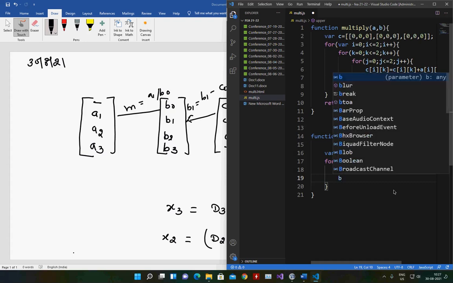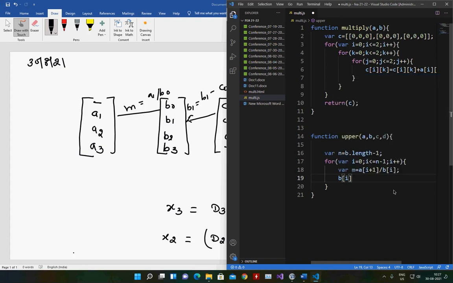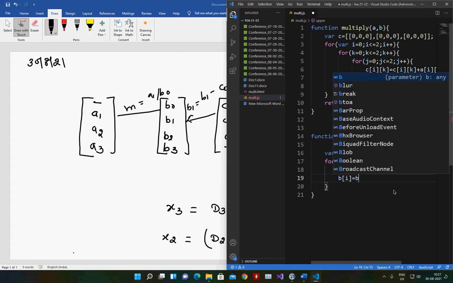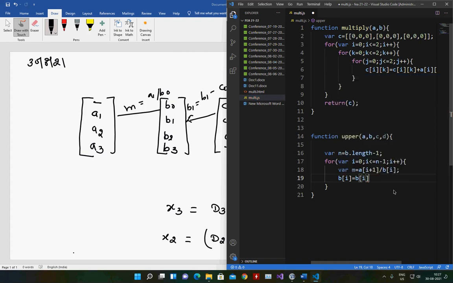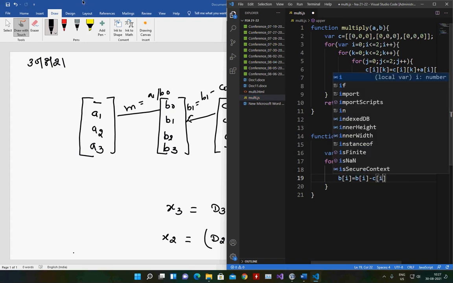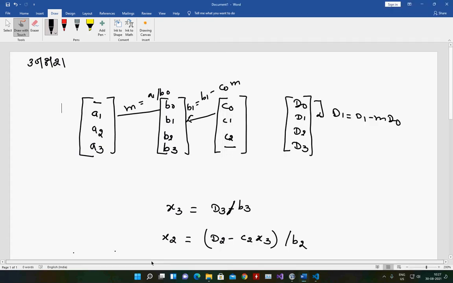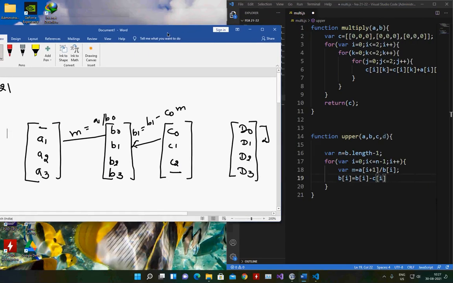Okay, now I have to get b1. So b of I is equal to b of I minus c of I. Just a moment, now scroll करावं लागेल. आता scroll नाही होणार, असं साईडला.